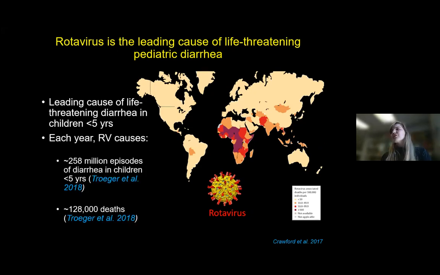Again, vaccines against rotavirus have proved to be very effective in high-income nations such as the US. These vaccines have proved to be far less efficacious and effective in lower-income nations where rotavirus infection is still most rampant and detrimental. And this highlights the need for us to have a better understanding of the pathogenesis of rotavirus.